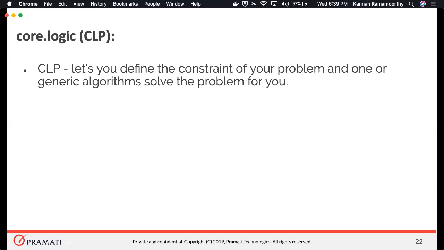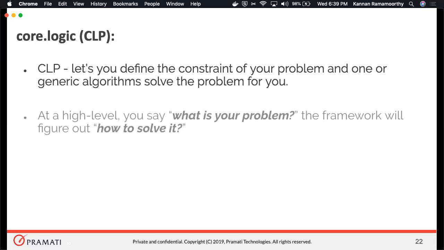Your language or framework has generic algorithms which take care of solving those constraints and returning the results for you. So at a high level, you say this is my problem, and you don't say how to solve it.